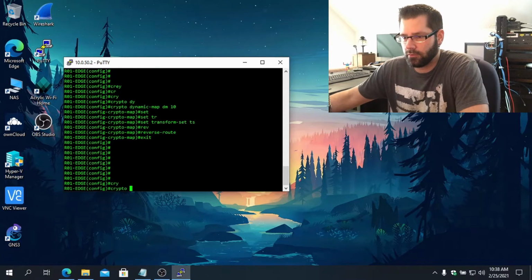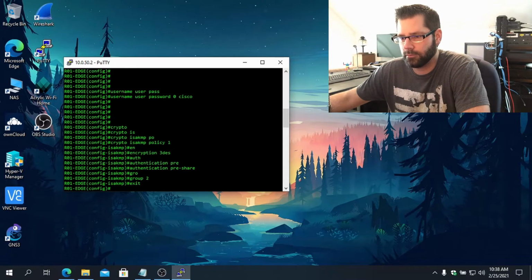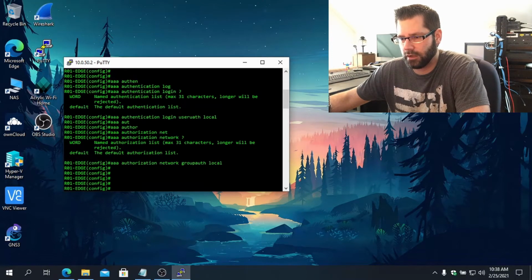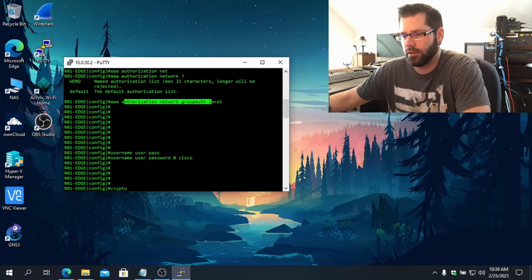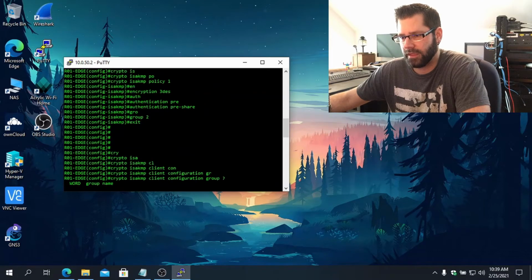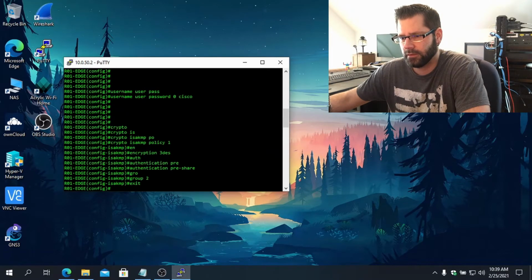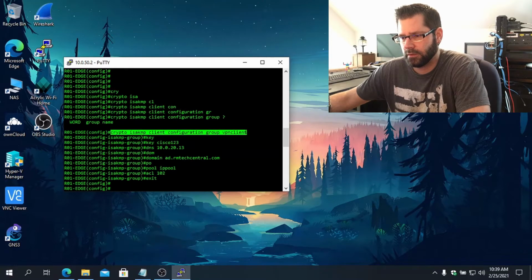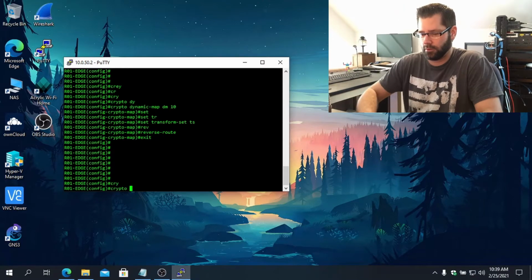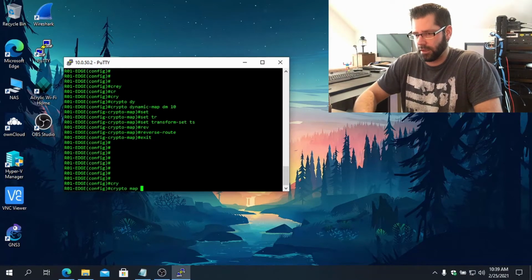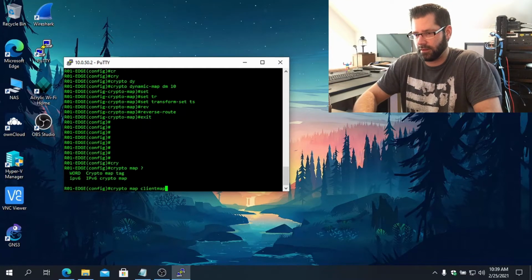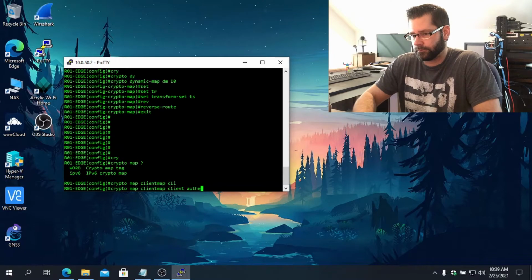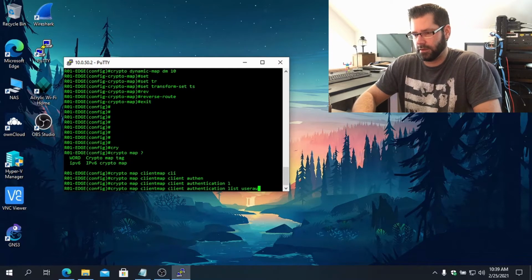map. So remember up here when we were sticking in those AAA commands, so aaa authentication login user auth, and then aaa authorization network group auth, where we then define the group as a VPN client, which is right here. We're going to plug all of that into the crypto map. So we'll go crypto map, and we need to give it a name. So I'll just name it client map, client authentication list, and then user auth,